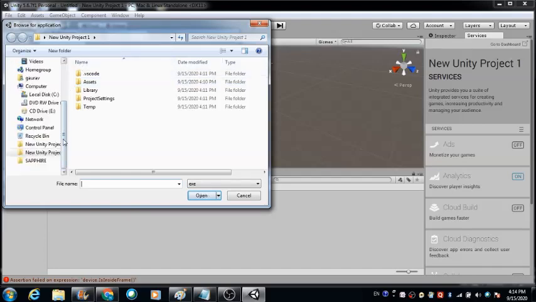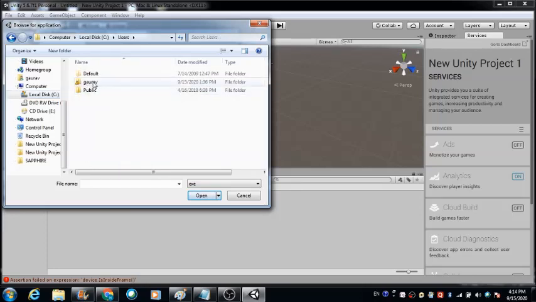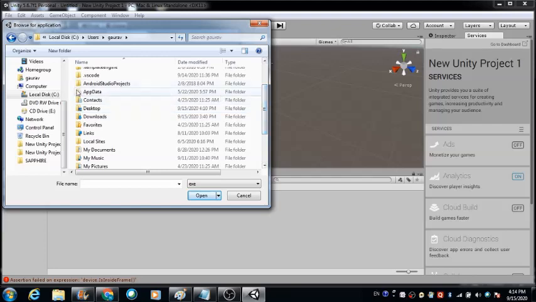Now you have to come to the drive in which your operating system is installed. Here you will see it in the local drive C. Here you will see the Users folder. Click on this. Now click on the user folder, and here you will see the hidden folder, that is AppData. Earlier it was not visible because all the folders were hidden. Now we have made this unhidden by selecting that show hidden folders option in the Control Panel.